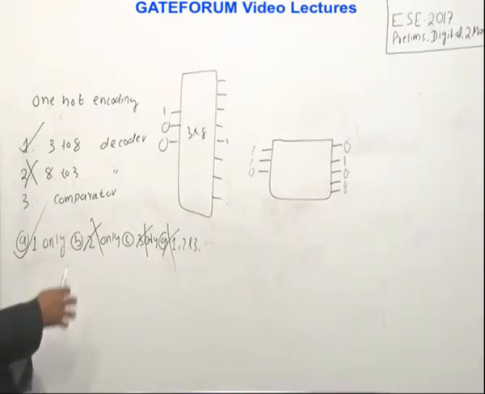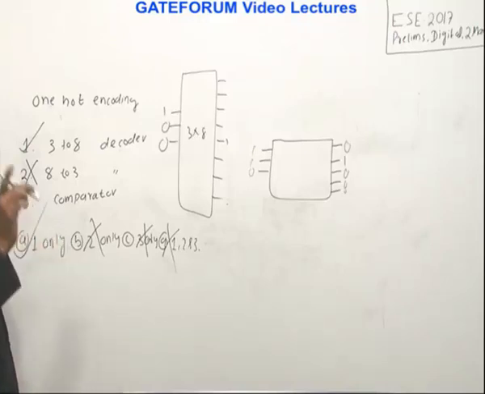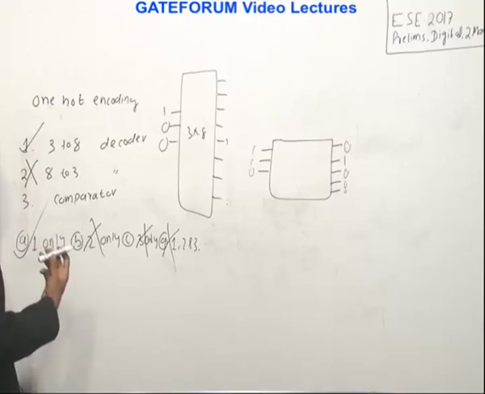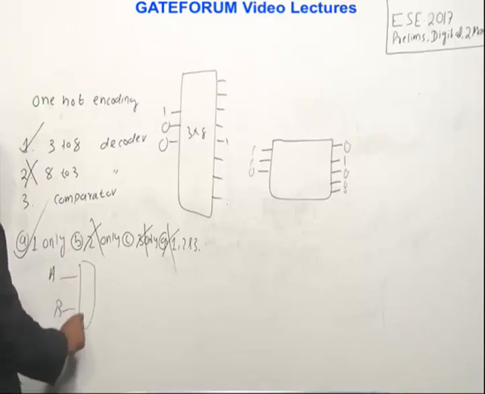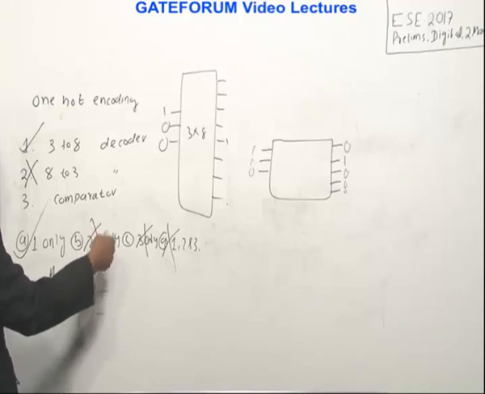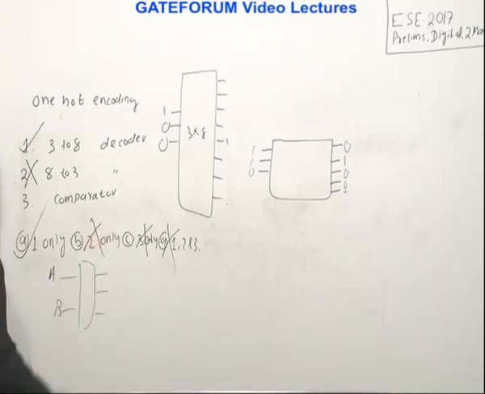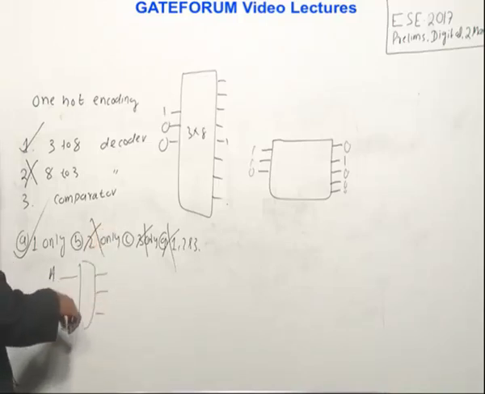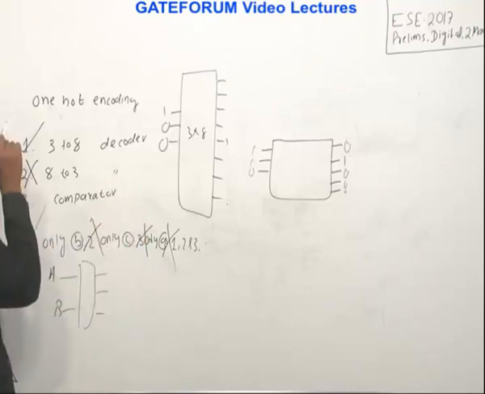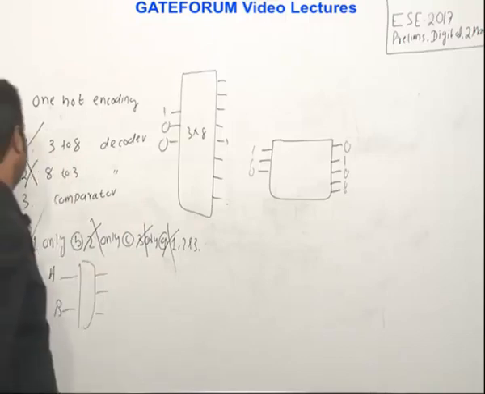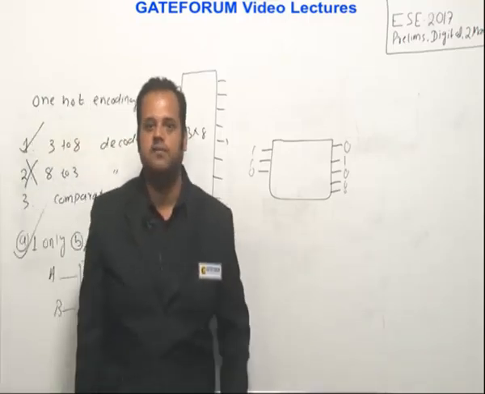Right? So what we are expecting is a group of bits should be given as inputs, and at a time we are expecting out of many terminals, one of these will be high, rest of things should be 0. In comparator case, you may argue, if I am comparing two numbers, number A and number B, right? At a time, what will happen in this case? Even if there are three outputs, one for A greater than, one for A less than, one for A equals to, at a time one of this will be high. But here you are giving two different numbers, right? So that is not the case. But anyway, from the option also you can see that 2 is no way possible. So it has to be only these things. So answer is option A for this.